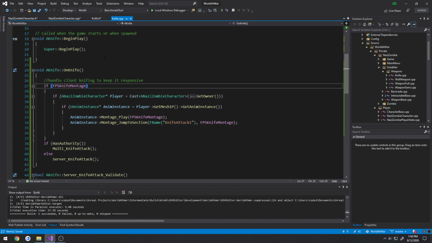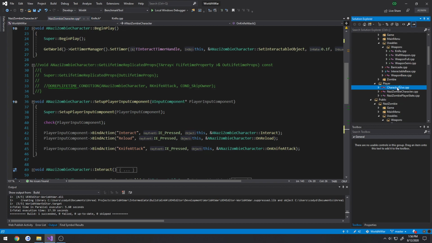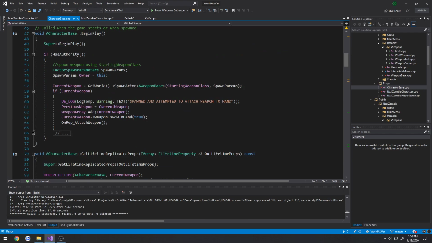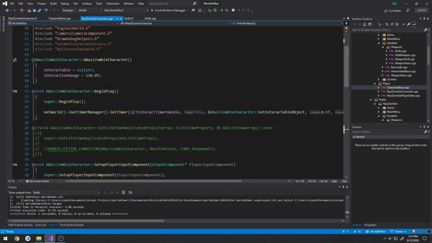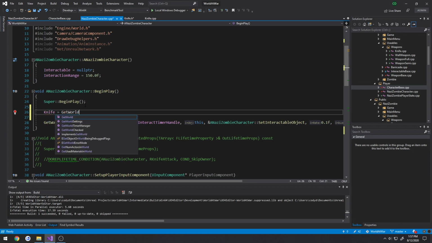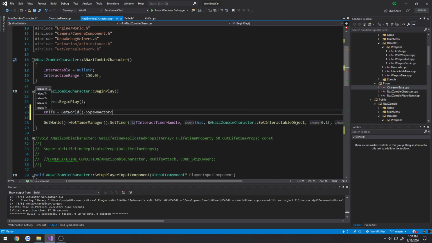Alrighty, now we need to spawn it and attach it to our character. If we look at how we did it in our character base, on begin play we go through, set the owner to ourselves, spawn it, and then essentially just add it. We already have a reference to our knife, so we need to make sure we spawn it and set it. So on begin play, knife equals get world spawn actor, same template, a knife,